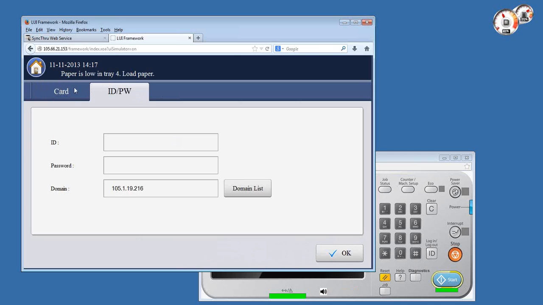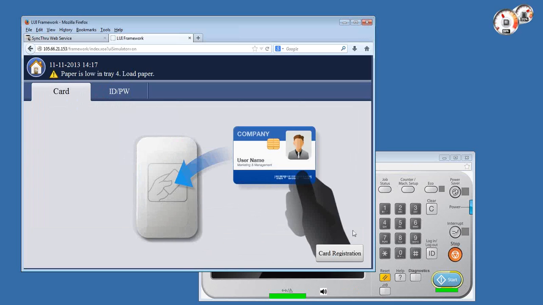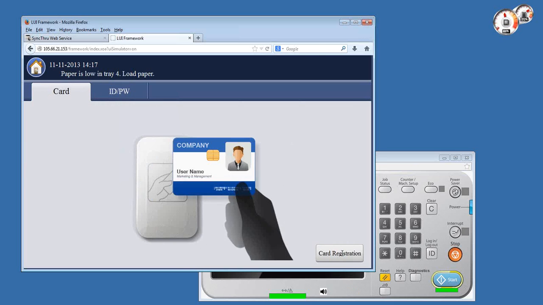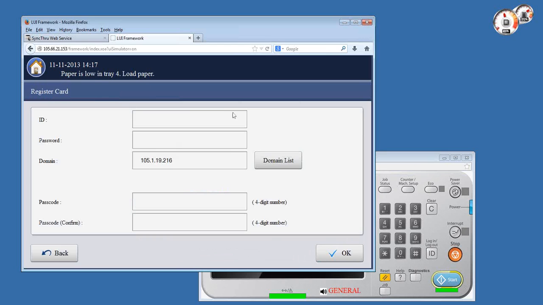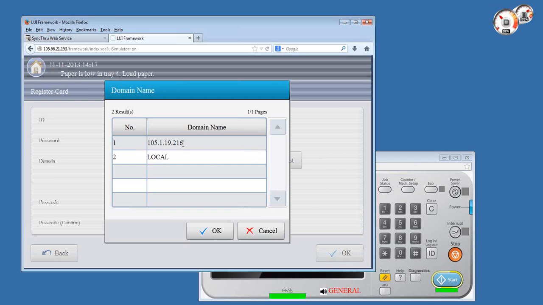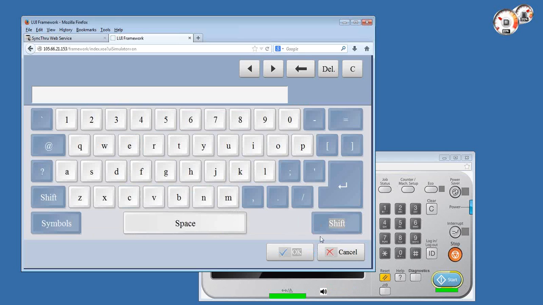Besides that, you can also log in with an ID and password, which is what I'm going to do from a remote standpoint anyway. I'm not near the machine, so I can't swipe. But notice here the button on the lower right, which allows a self-card registration. These are the steps that an end user would have to go through, and it's quite easy to follow in order to authenticate securely with a card reader. They would just have to type in their user ID, whichever that might be, the password, the domain, whether it's LDAP or whether it's a local account. They will choose it here from the list. And then